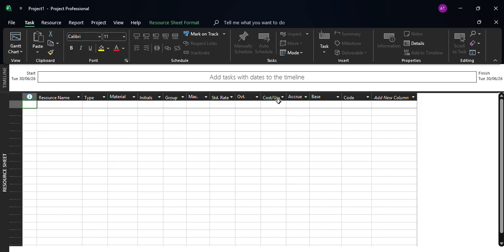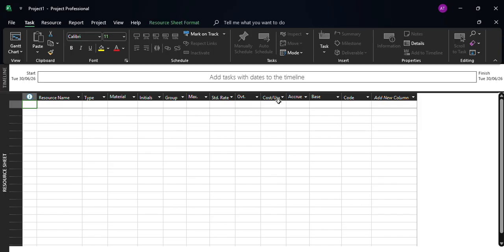In this view, you can add new resources, assign them to the tasks, track allocation or utilization. Proper resource management is very important because even if your schedule is perfect, a lack of resources can delay your